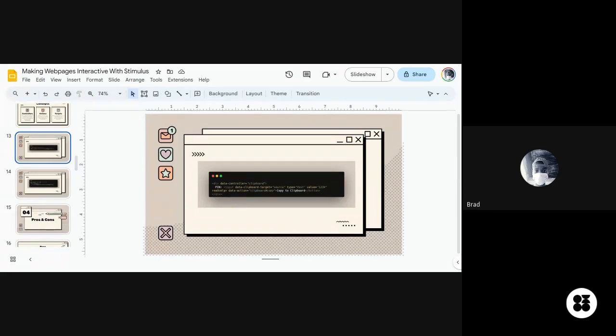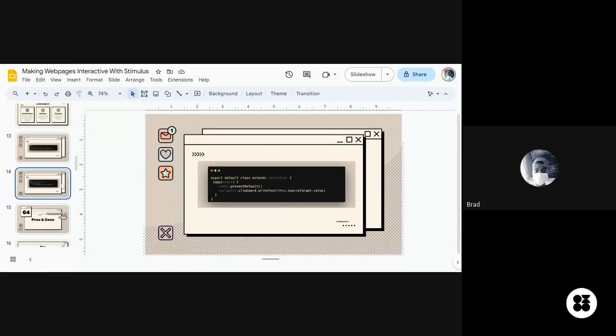For the data-action, they're specifying the action I want this target, or this element, to respond to. When you define your target, you define an action. So from your keyboard controller, you're telling Stimulus to use my copy method. Let me just go to the next code sample.